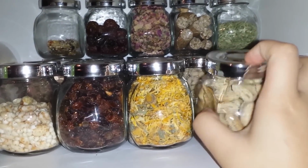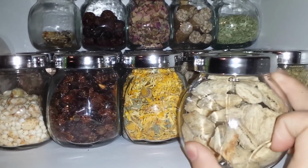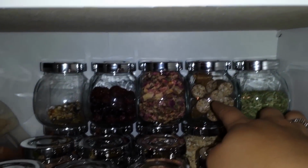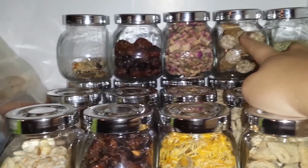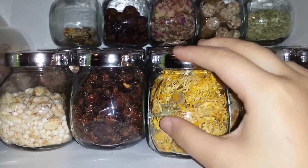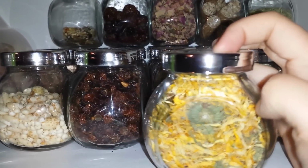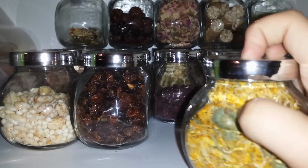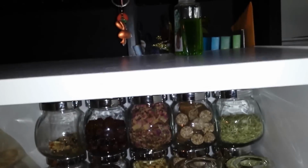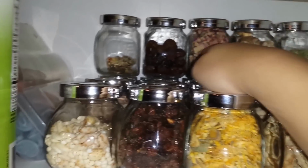Over here is my grains, which I have the shredded wheats, I have Cheerios. Way back there I have my quick oats, and then these are the apple molasses horse treats. Over next to it are the flowers. I have calendula, I have hibiscus. Back there I have jasmine, and then I have the